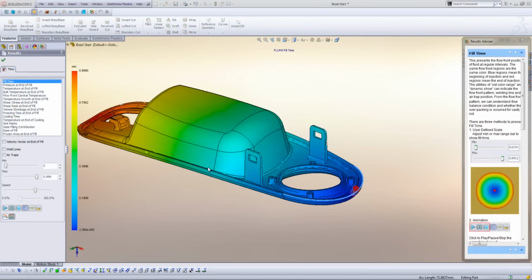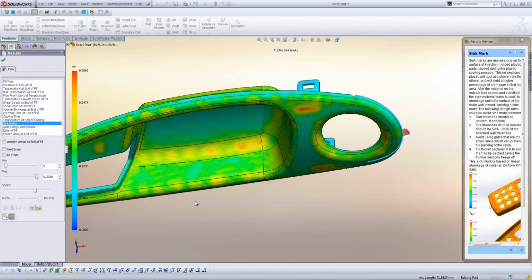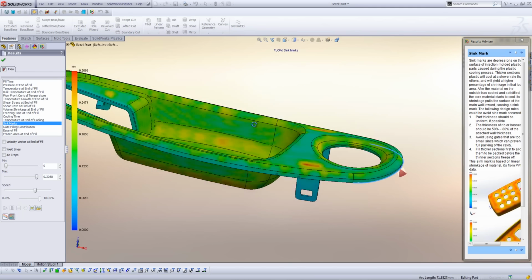So now the simulation's finished, we can take a look at some of the results. So one of the first ones we get is a fill time animation, which will tell us how long it's actually going to take to fill this component. So if we let this run till the end, we'll see it takes just under 1 second to fill it. You'll see on the left hand side we've also got some other options as well, one of which is a sync mark analyzer. So we can take a look at the opposing side of the component here, where the